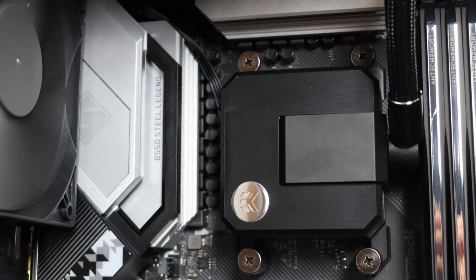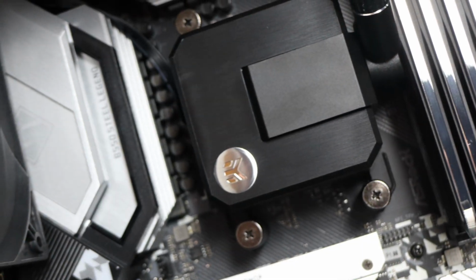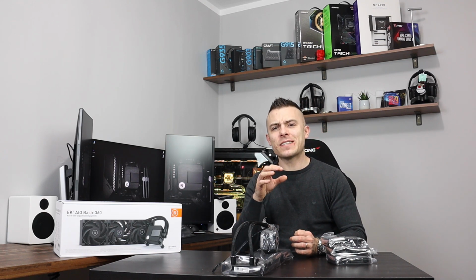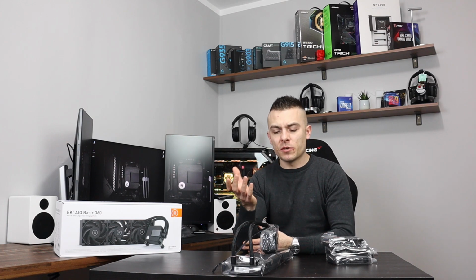Now the pump top is brushed, fully black, basically everything. Black fans, black pump top. The only thing that is in silver color is the EK logo. And I would say this kind of fits the anti-RGB build, but still more on a budget side. So let's mount it inside the case in the build and test out the temperatures to get some thermals comparison